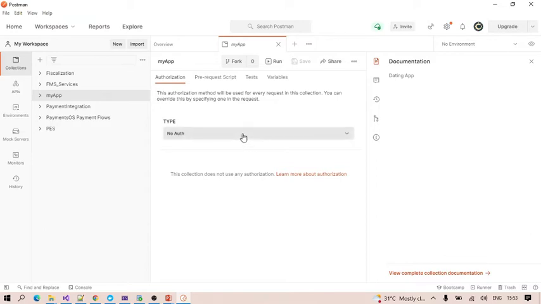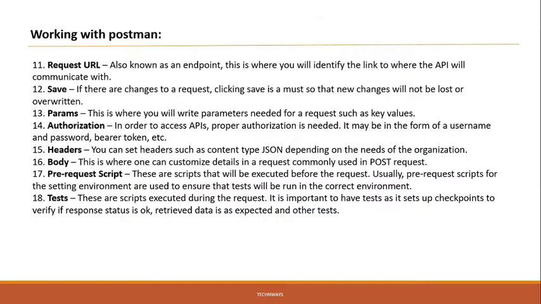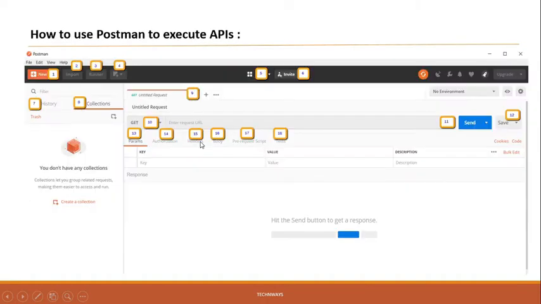While creating the workspace, it will ask you what you want to do with it: either it is your personal workspace, or it is shared with some other folks also. If it is shared with your team, other team members will also be able to access your requests. I just wanted to show you these one by one.